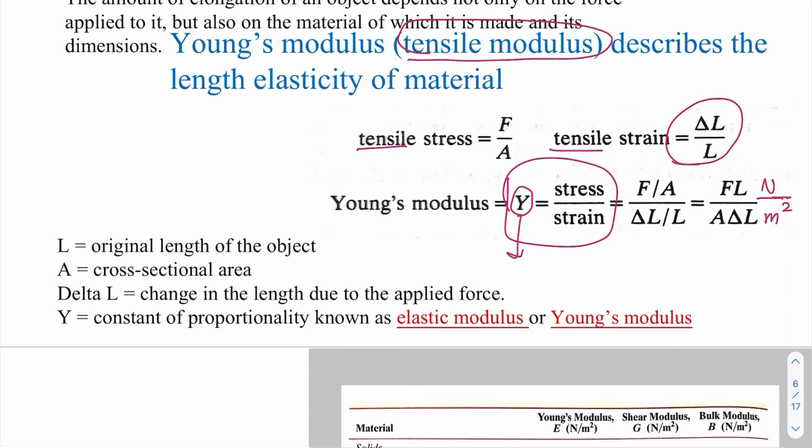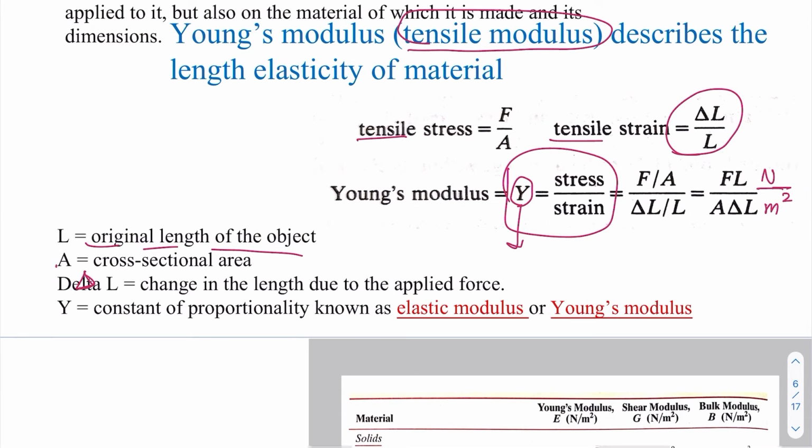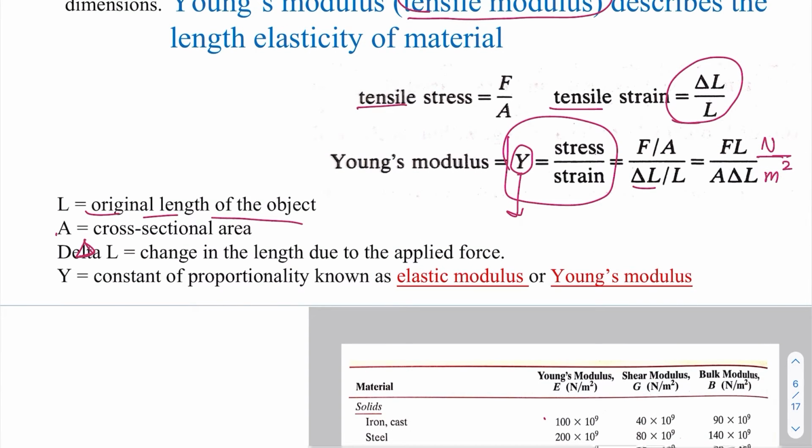So L, again, in this part, L is the original length of the object. A is the cross-sectional area, and delta L is the change in the length. So here we are talking about the change in length due to the applied force, and Y, or capital letter Y, is Young's modulus, which is the constant elastic